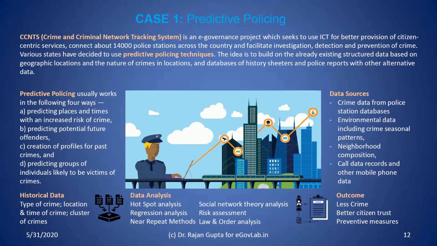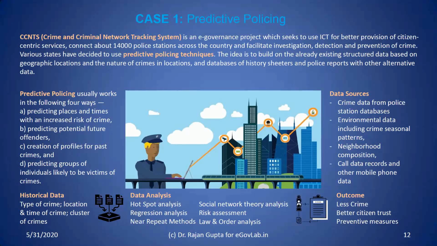So this is a case study that I've taken from a developing nation, which is using crime data to solve certain cases, to find patterns in the crime that is happening in their region, and trying to predict a few things. Now, crime-related case studies have been used across most of the advanced nations, most of the developed nations, as well as developing nations who have some sort of data sets in front of them. So various states have decided to use predictive policing techniques, where the police, the administration responsible for maintaining law and order, have the data and are trying to predict a few outcomes based on that data.